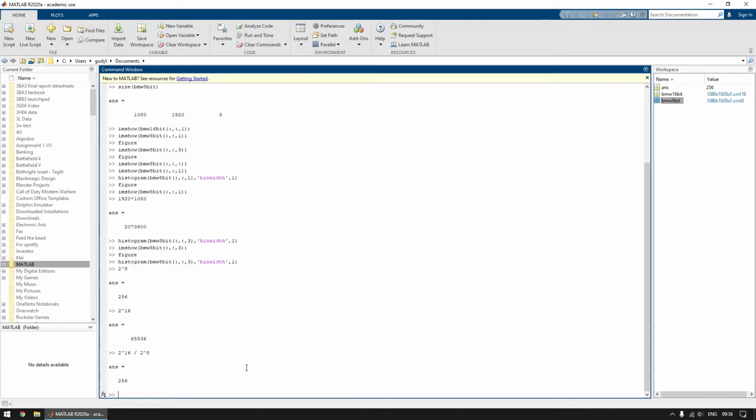So with a 16-bit image, you can see a lot more detail in the brightnesses of each color. We also have to remember we have R, G, and B colors for each pixel. So a 16-bit image is actually a lot heavier than an 8-bit image. Well, it's actually just double as heavy